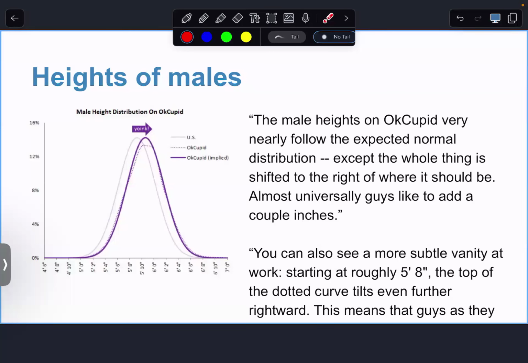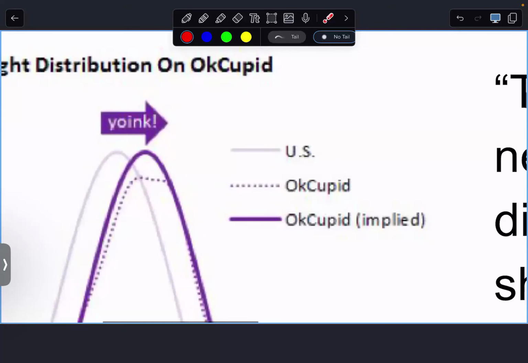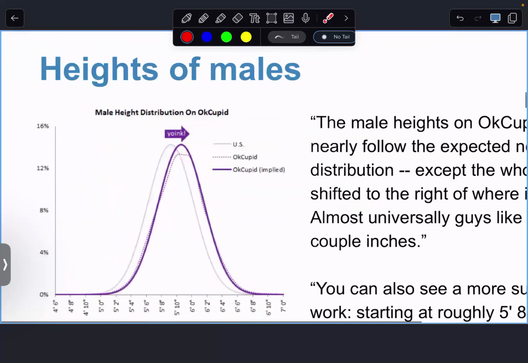Does OkCupid still exist? I don't know. Probably not. So I think it's extra funny that there's a yoink here. Yoink. Anyways,